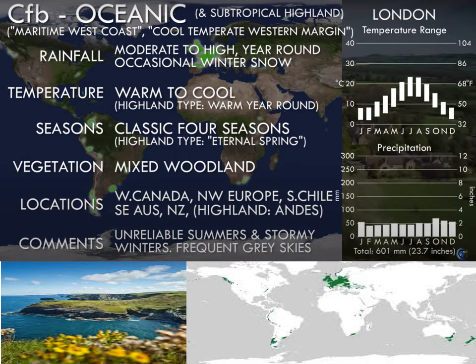It is also CFB or oceanic. It's London. Now you can see the temperature keeps on varying. It is not equal. Rainfall is less, but it is almost constant. So both of them have similar types of vegetation, but the climate pattern is different. That's why this classification has a different climate pattern, but vegetation-wise and position-wise it's almost similar. So both are classified as the same thing, the same category.